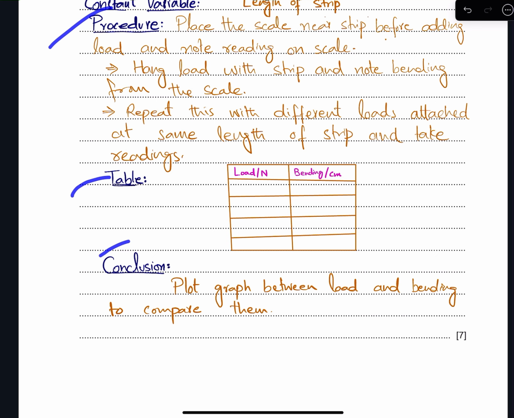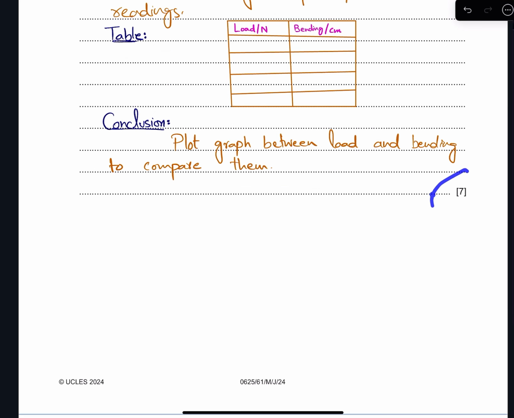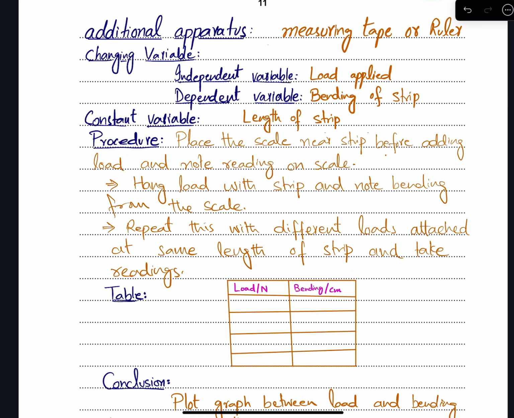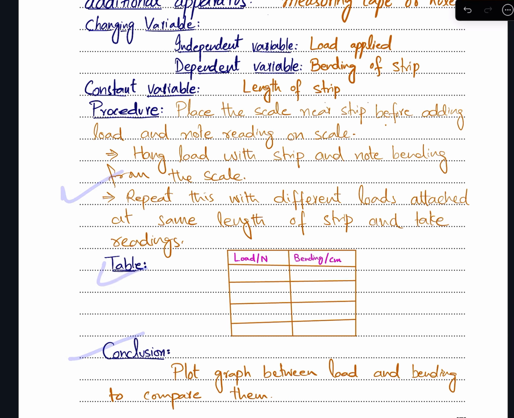ओके, अगर आप इस फॉर्मेट को फॉलो करोगे तो आपकी जिंदगी काफी आसान हो जाएगी और आप इजीली सब चीजों को आंसर कर सकते हो। इट्स अ 7 मार्क क्वेश्चन, हर एक चीज का डिफरेंट 1 1 मार्क है आपके पास। जैसे आपने ऑपरेटर्स मेंशन किया, यू गेट 1 मार्क, इंडिपेंडेंट डिपेंडेंट वेरिएबल 1 1 मार्क, कांस्टेंट वेरिएबल 1 मार्क, प्रोसीजर में एडिशनल पॉइंट का 1 मार्क आ गया, टेबल का आ गया, देन इंक्लूजन का बस 1 मार्क आ गया। यू गेट ऑल द मार्क्स। ओके, इफ यू फॉलो द फॉर्मेट, इवन कि अगर प्रोसीजर में आपने थोड़ी सी गड़बड़ भी कर दी है तो।